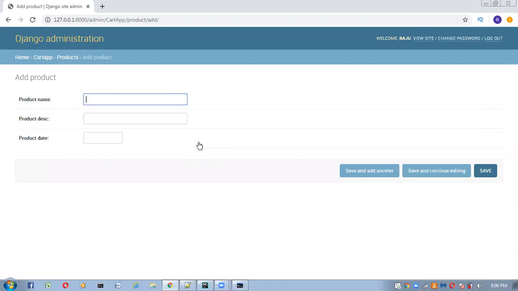Here you can enter the data. Product name: here I am giving the product name as t-shirt. Product description: latest design.